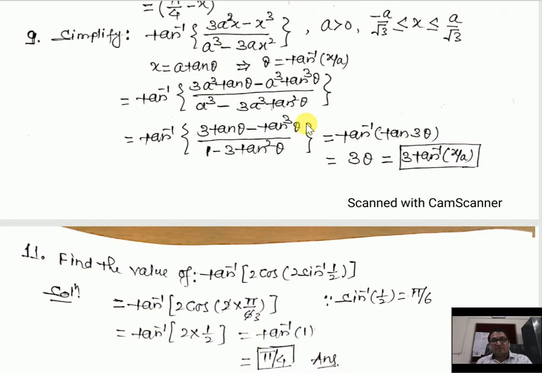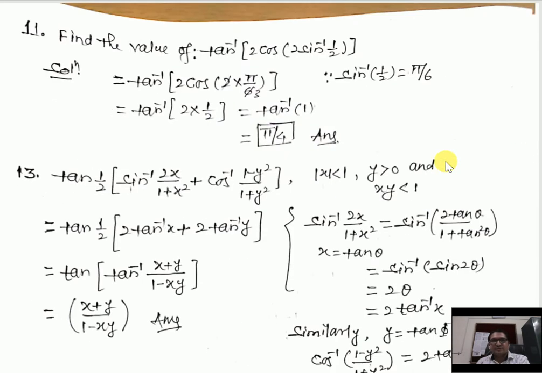Again, you must know the formula of tan 3 theta. Then it will click which value I should take in terms of x. The reason is this whole part we have to convert in terms of tan. So 3 tan theta minus tan cube theta upon 1 minus 3 tan square theta, that is tan 3 theta. So 3 theta, and what is the value of theta? Find from here: x upon a equals tan theta, and then theta will be equal to tan inverse x upon a. Put it over here.